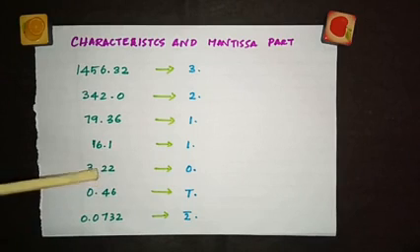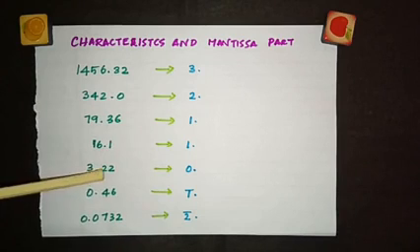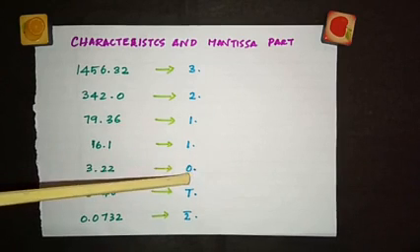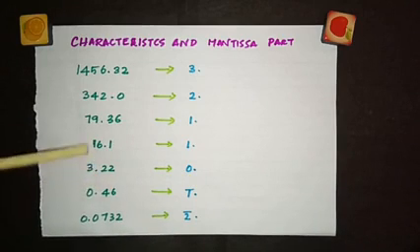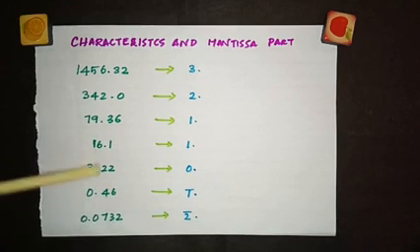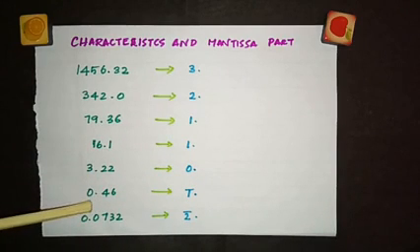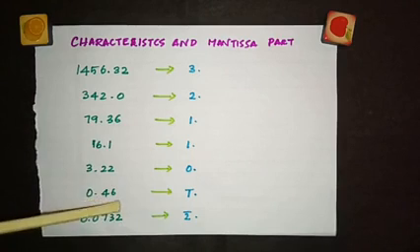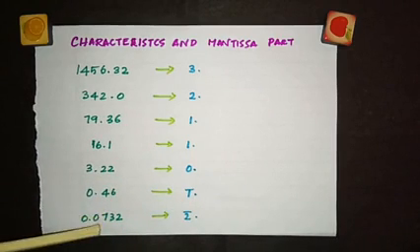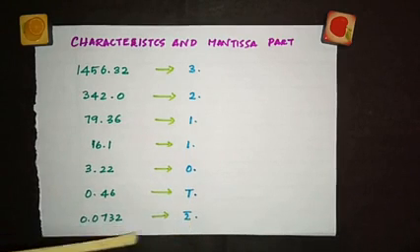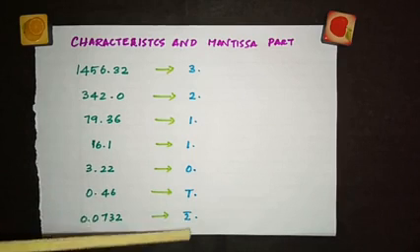Now look here, before the decimal if it starts with a number, suppose you have 3.022, then what will be the characteristic part? 0 point, because before the decimal you have 1 digit which is a non-zero value, so you are writing 0 point. But here before the decimal you are having 0, so 0.46. After the decimal no 0, so 1 bar. If after the decimal you have 1 zero, then it is 2 bar. If you have two zeros, 0.0073, then you should write 3 bar.